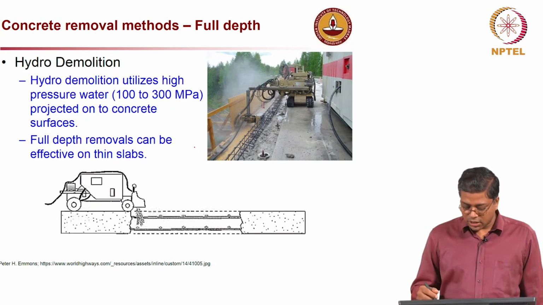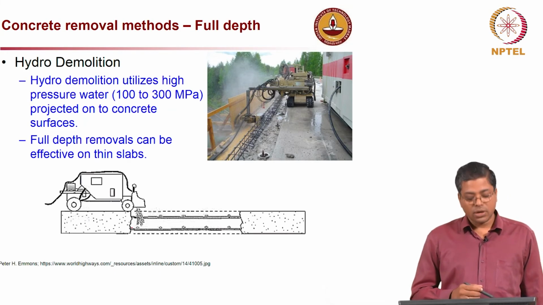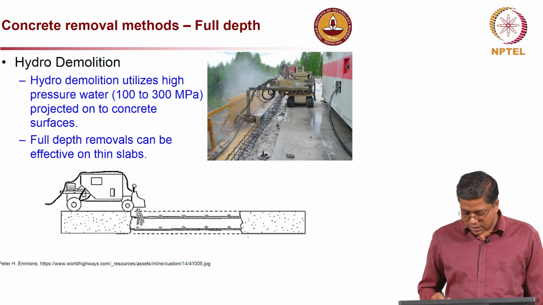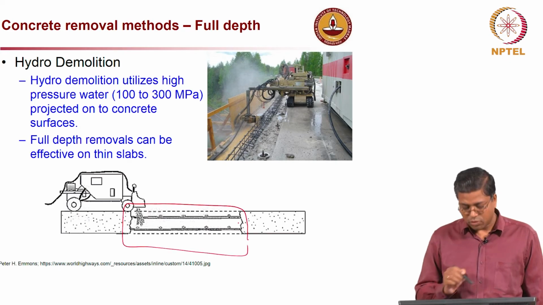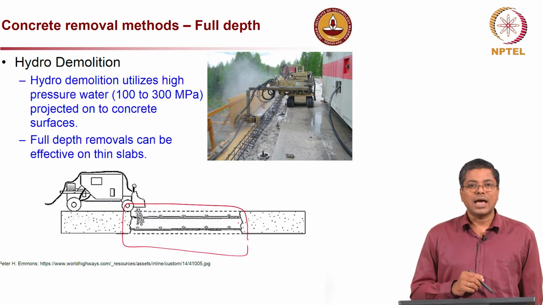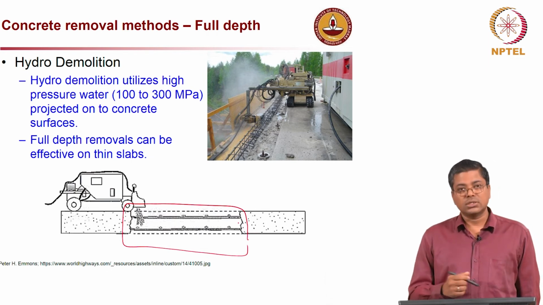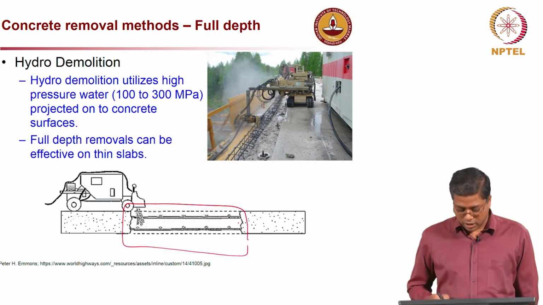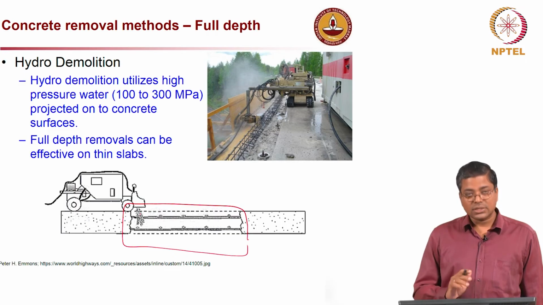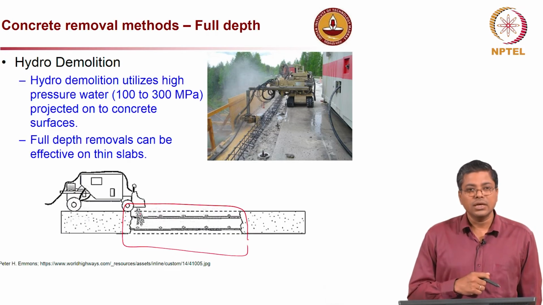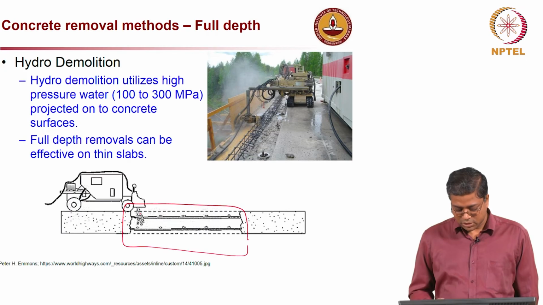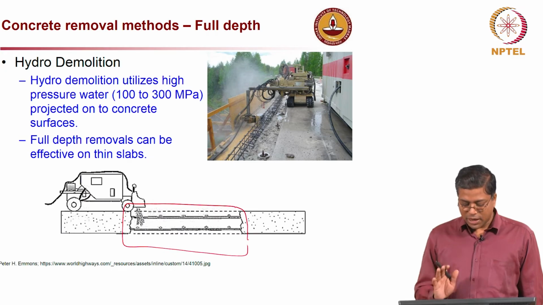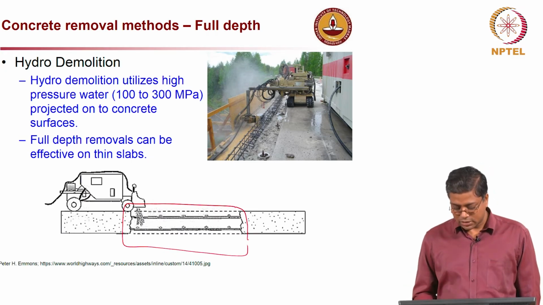Now, hydro demolition again for partial removal of concrete. Here again I think I already discussed this a little bit, but you can see here full depth is removed, especially when you talk about the thin slabs. We can actually use this hydro demolition or water jets to remove even the full depth concrete, and the good thing is the steel rebar is still intact, it does not really do anything to the steel reinforcement. So, that is the advantage of this. Steel is still maintained as it is, whereas the entire concrete is removed.